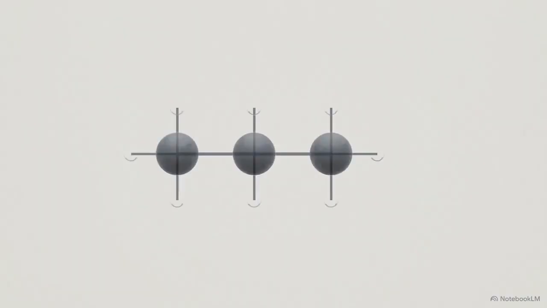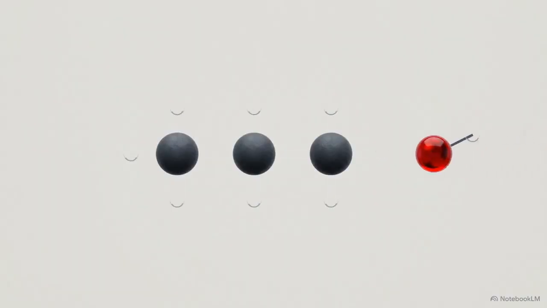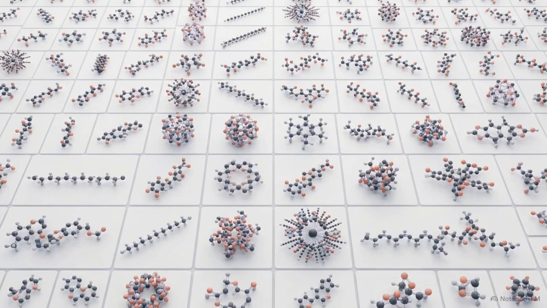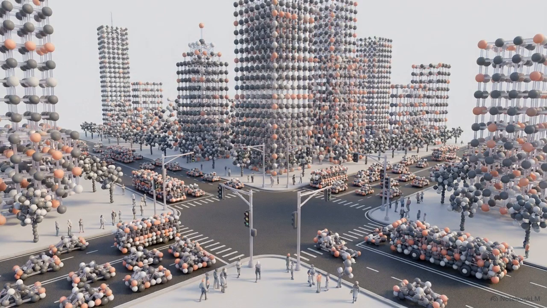Swapping just that one cluster gives the molecule an entirely new behavior. It can change a chain from a piece of rigid plastic into an active medicine. This modular, plug-and-play architecture lets nature construct near-endless variations. That is why carbon is the foundational ingredient for nearly every physical object you interact with.